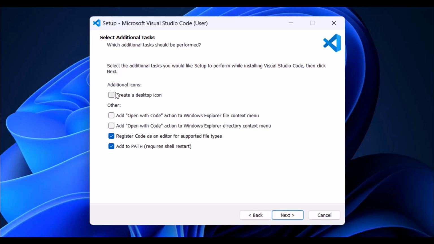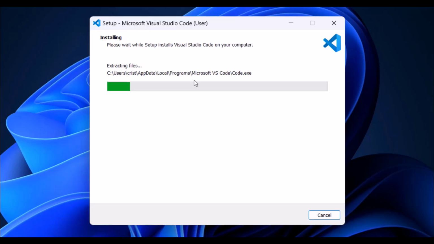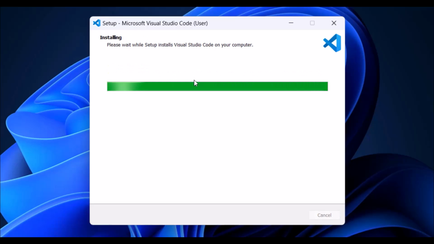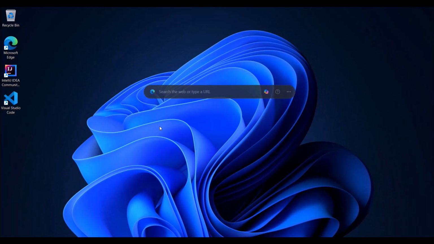Next, and let's also check this to have a shortcut on the desktop. So I'm gonna click on next and install. Now Visual Studio is gonna be installed on my computer. Alright, now the installation is finished. I'm gonna click on finish, and now Visual Studio Code is gonna open. And there is one more thing to do,